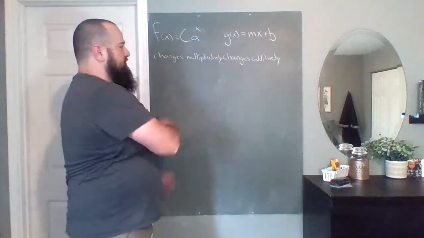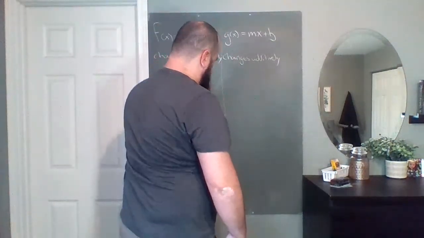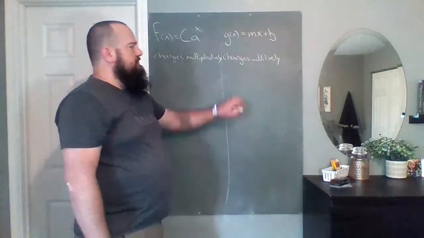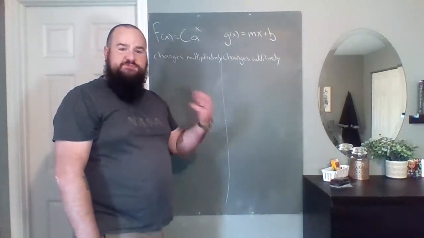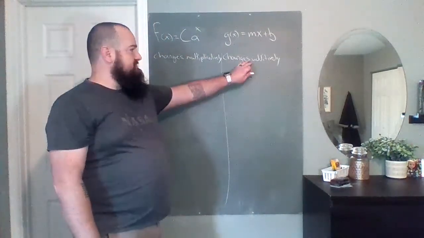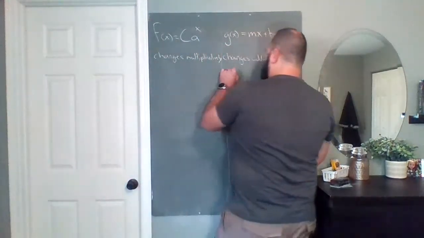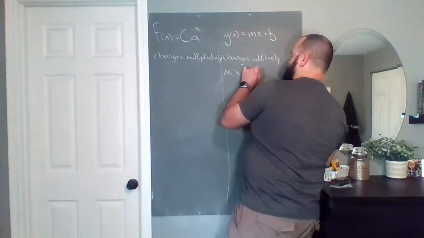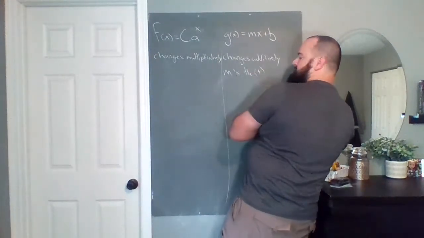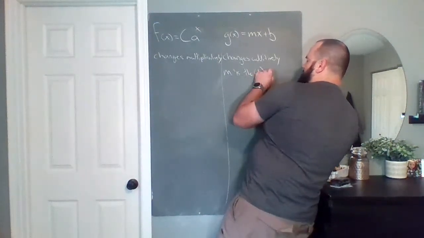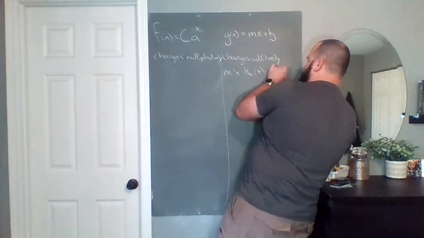So back to linear functions. In a linear function, our rate of change, in this case, our additive rate of change, is m, our slope. So m is the adding rate